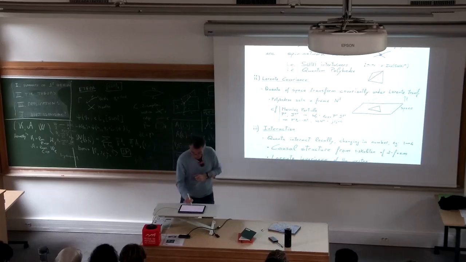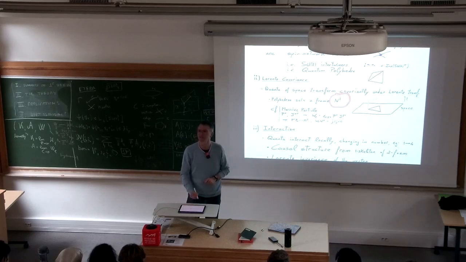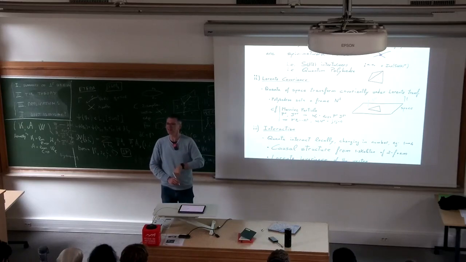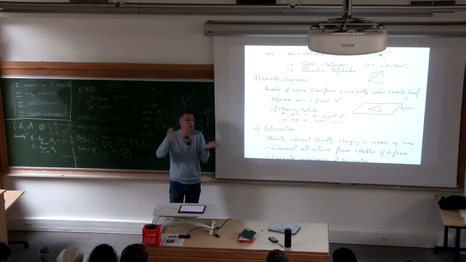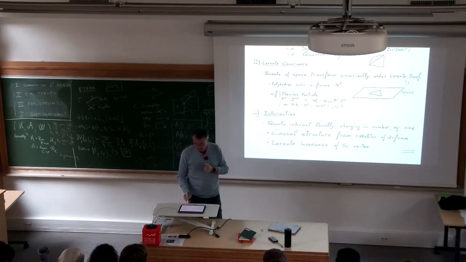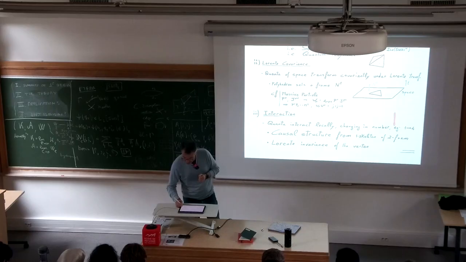And if you choose the coordinates or the gauge where this one is 1, 0, 0, 0, or P mu is 1, 0, 0, 0, then you go back to space. But you don't have to. This is covariance. And the last step, you want that these objects interact in a local way, that is the